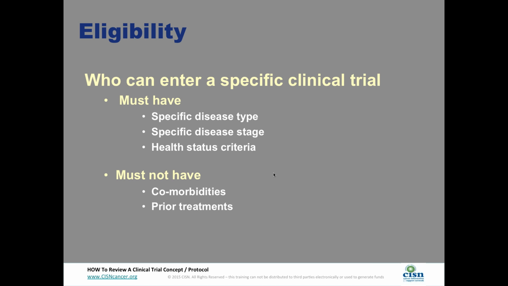There's a must-have, and that's very detailed. You must have this. It has to be this stage. You have to have a certain health status criteria. So there's a whole lot of things you have to have. And then there's a whole bunch of things you can't have. And those are comorbidities. Maybe you've got diabetes or a heart condition or something, and they're looking for all of that. You don't want people in there that may have problems within the study that really aren't connected to the new treatment, but are really connected to their overall health. So they try to separate all those people out,